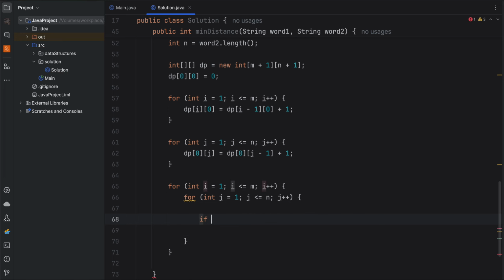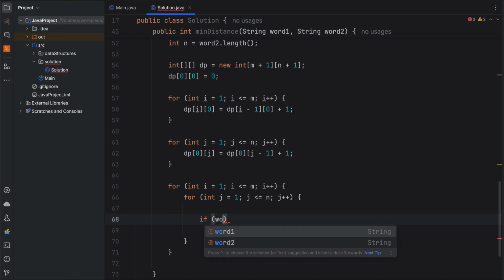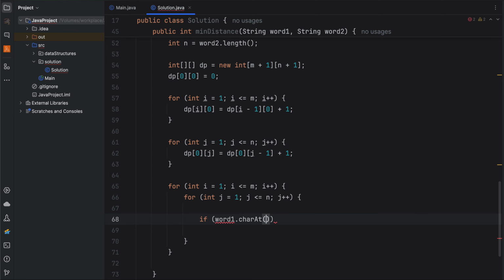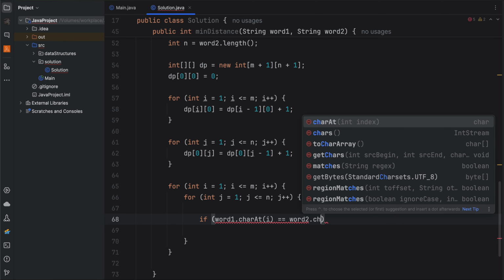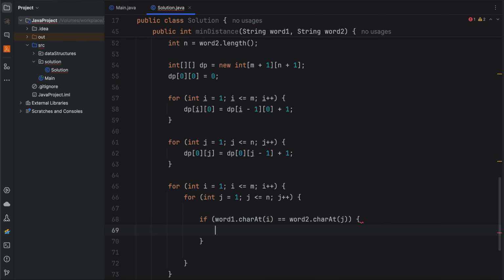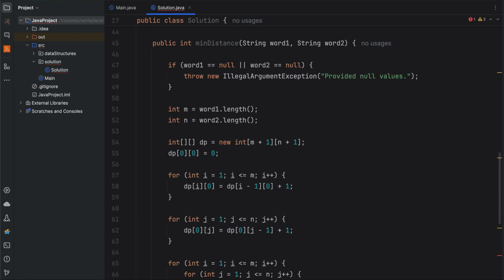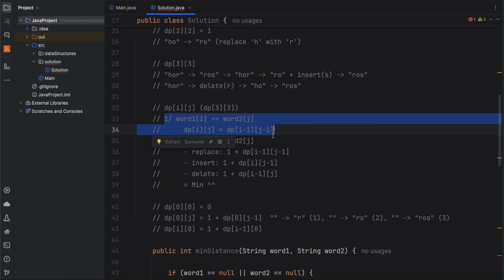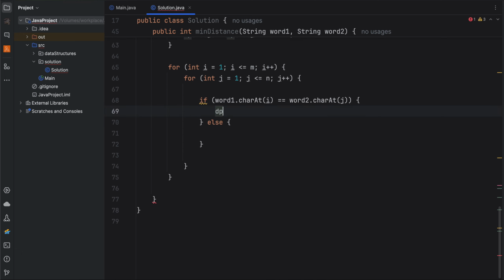One case is if word 1 dot character at i is equal to word 2 dot character at j. So that's the first case. In this case, dp of i j would be equal to dp of i minus 1, j minus 1,